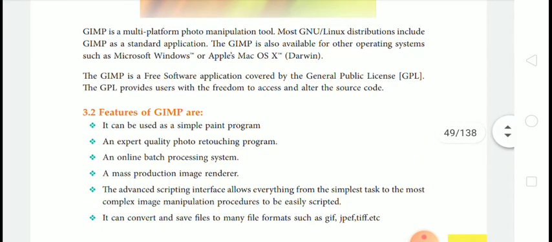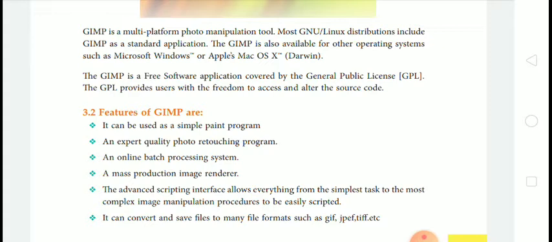GIMP is a multi-platform photo manipulation tool. Most GNU Linux distributions include GIMP as a standard application. GIMP is also available for other operating systems such as Microsoft Windows or Apple Mac OS X. It is supported on multiple platforms and is a standard application.